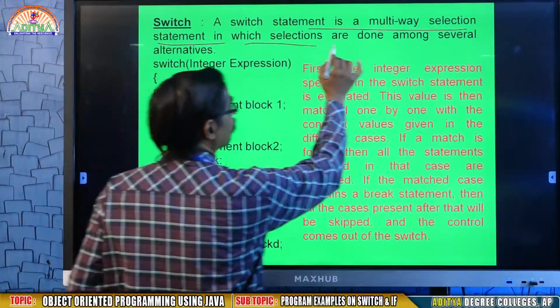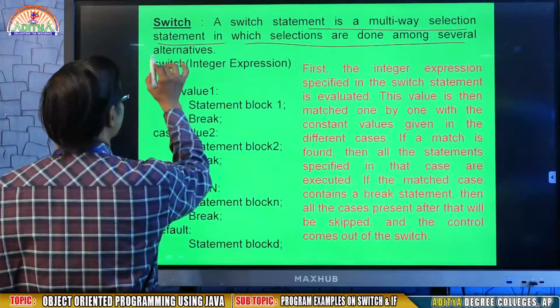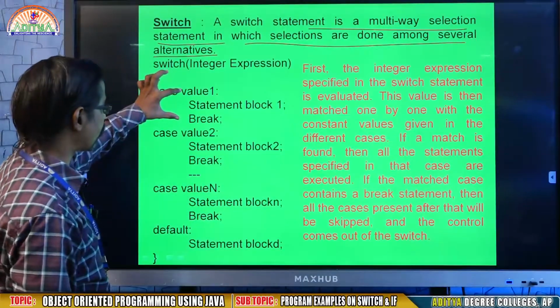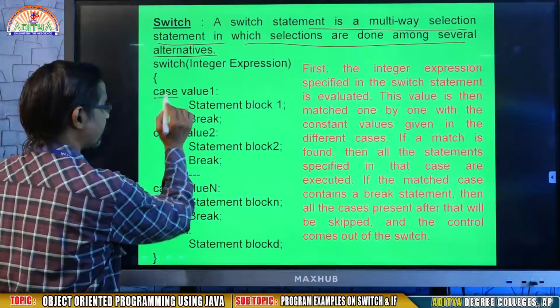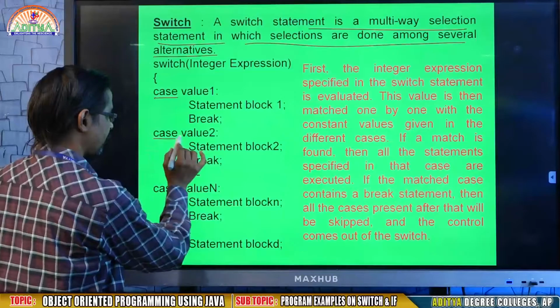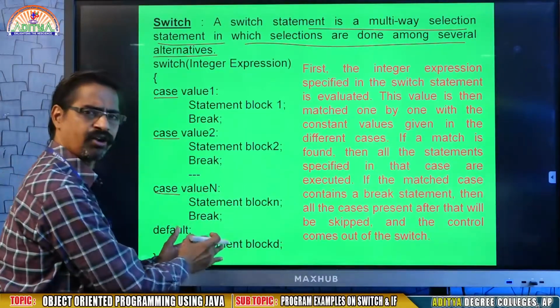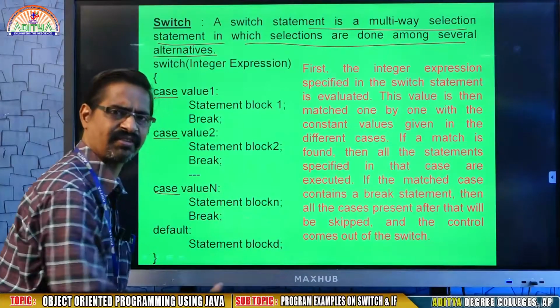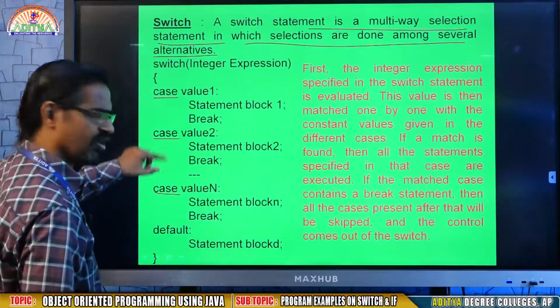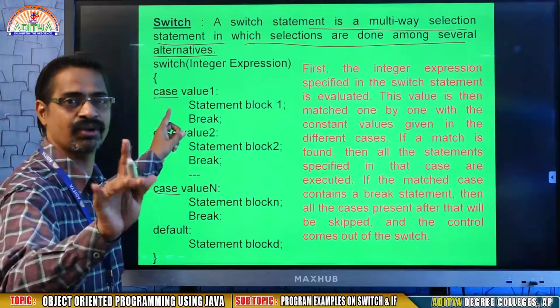Switch is a statement in which selections are done among several alternatives. This is alternative 1, which is represented with case. Here is another case, alternative 2. Another case, alternative 3, alternative 4, case 5, case 6, case 7. You may write any number of cases. Case is a keyword.